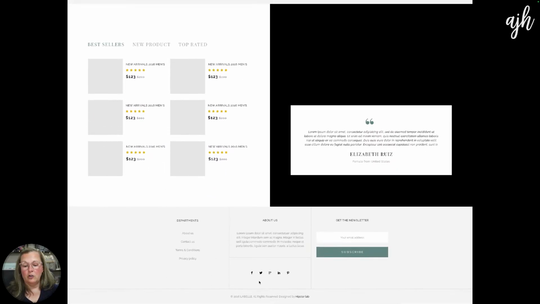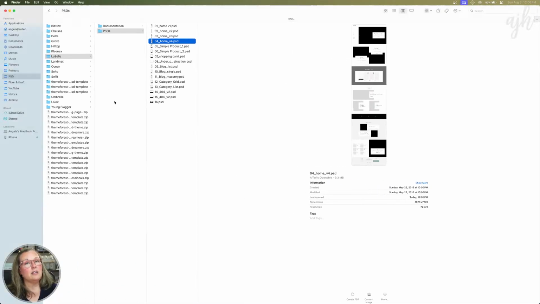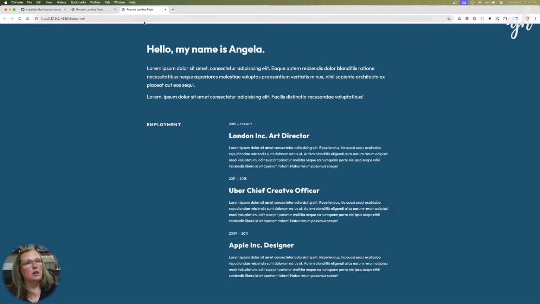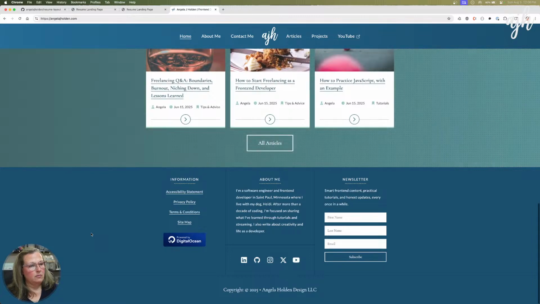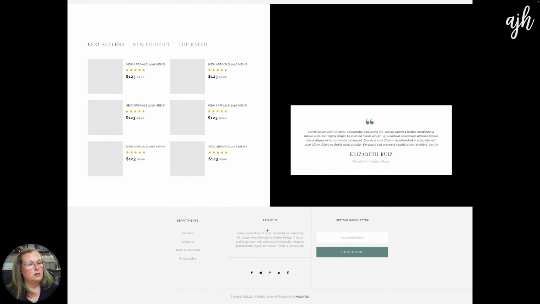Also, does this footer look familiar? This is exactly where I got my footer from. This footer is this footer. So if you haven't already, or if you're looking for inspiration or ways to get ideas of things that you can build, I can't recommend enough spending a few dollars, 10, 15 bucks, and you can go buy a pack of Photoshop mockups like this